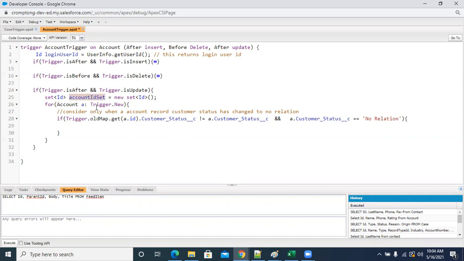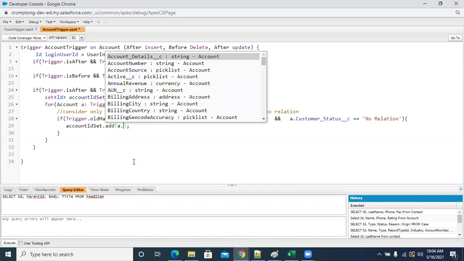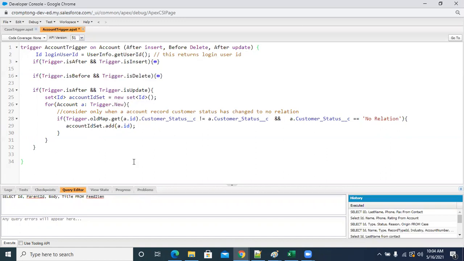Now let me gather all these account IDs. So I gathered all those account IDs. See, there are many updates that will happen on the account, but I'm not capturing all those things. I'm not holding all those things. I captured only if an account has been changed to no relation, only those accounts have been taken. Now come out from this for loop